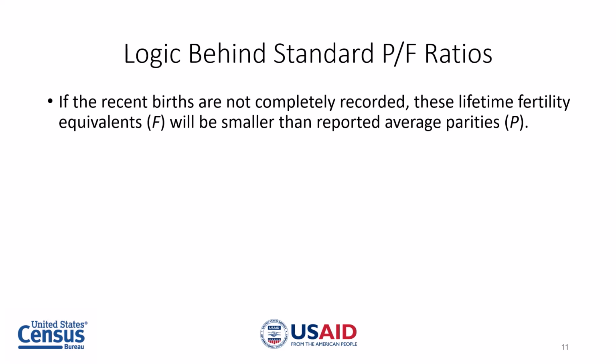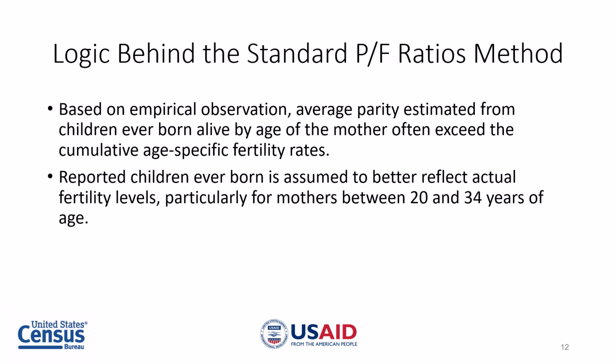in the census. We know, based on empirical observation, that average parity estimates from children ever born alive by age of the mother often exceed the cumulative age-specific fertility rates estimated from births reporting during the prior year in a census. Therefore, reported number of children ever born alive is assumed to better reflect actual fertility levels, particularly for mothers between 20 and 34 years of age. I will show you an example